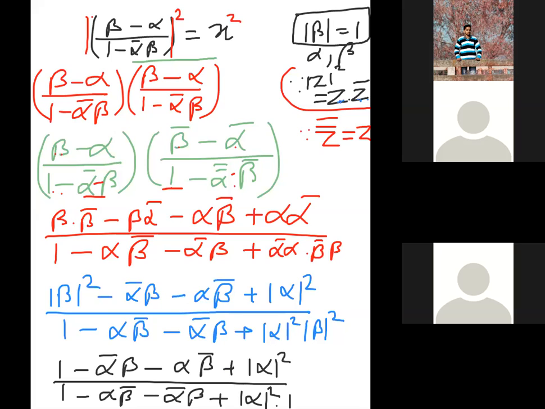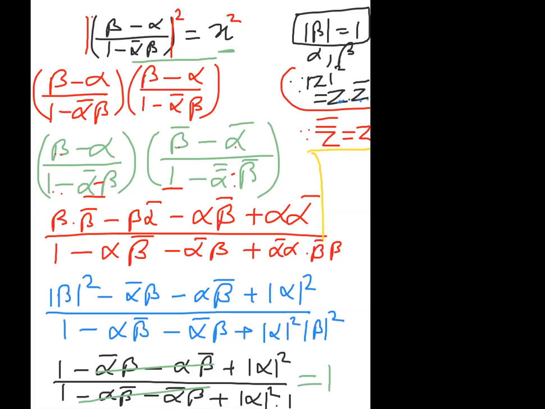Now you see numerator and denominator are same. If they are same, I can cancel them. Yes sir, equals 1. That is, x square has come equals to 1. X square value is coming equals to 1. With the yellow color I'm showing you over here. What has come? X square equals 1. Therefore, x will be equal to 1.